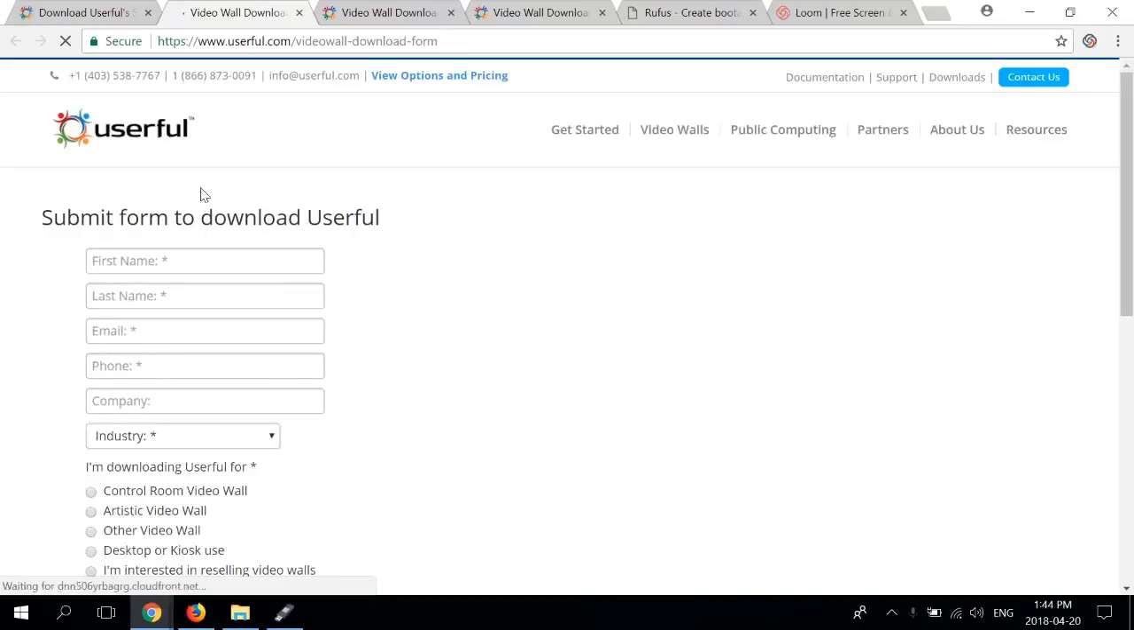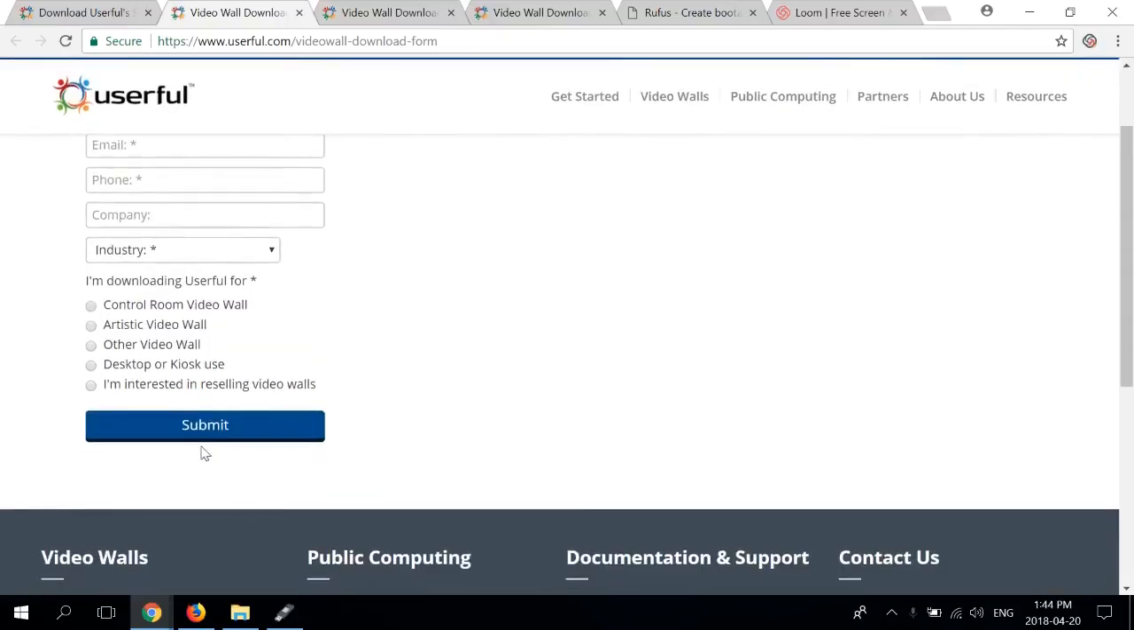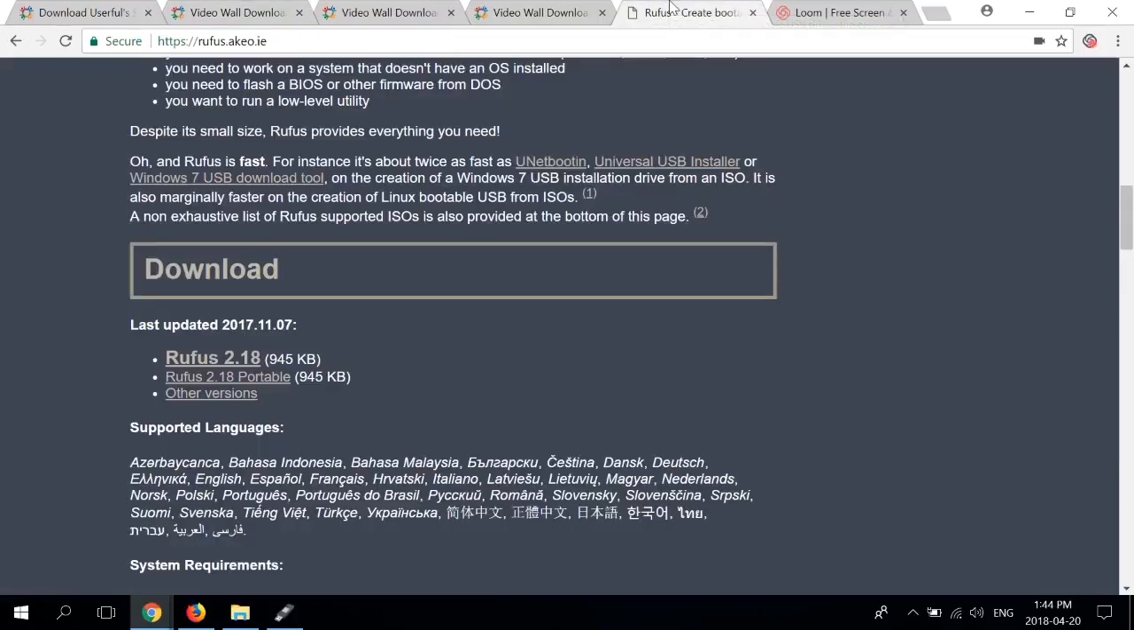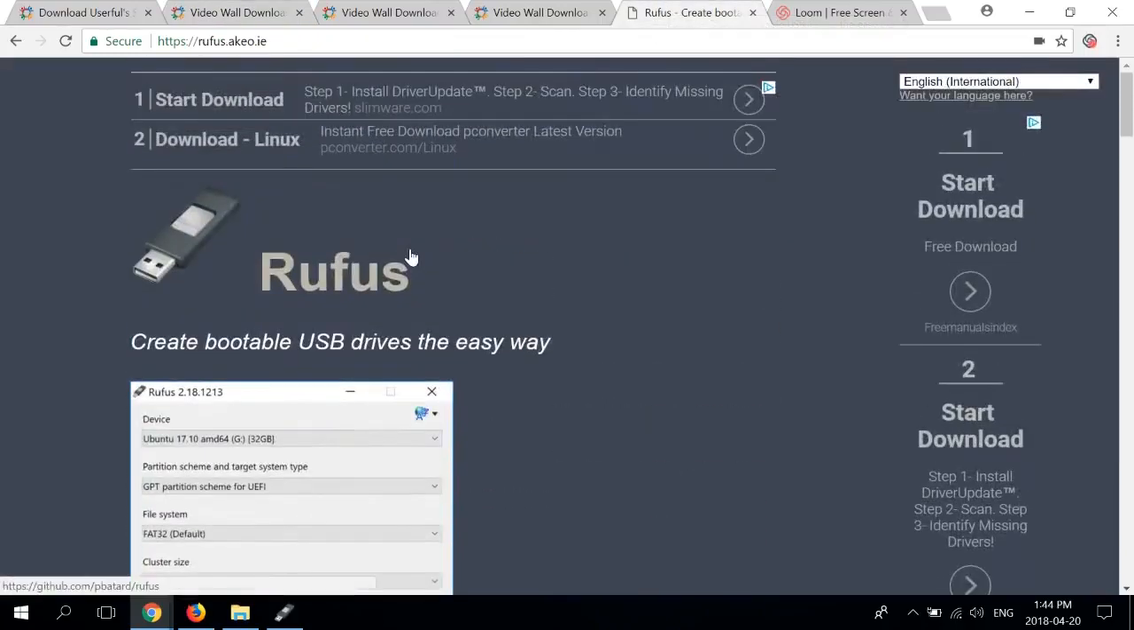From there, you'll be presented with some information for a form. Please fill it out with the correct details, and then click Submit down below. Now, once you do that, you will then be emailed a link to the ISO file, which is what you'll need. And in order to install it, we'll have to use an additional program. The program we recommend here is actually called Rufus. It's pretty easy to get to. It's just